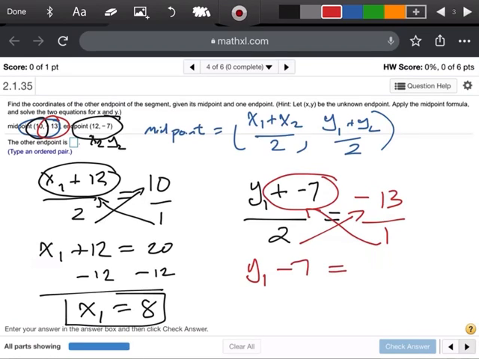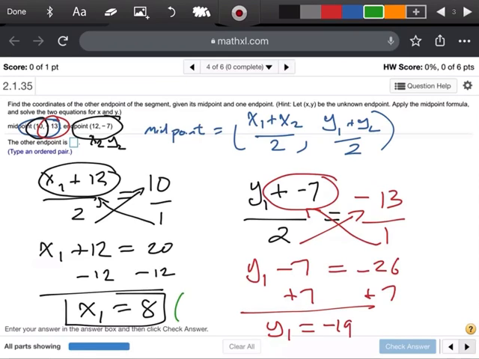That's really the same thing as minus 7, isn't it? And 2 times negative 13 is a minus 26. So now when I add 7 to both sides, I end up with y1 equals, let's see, negative 26 plus 7, which should be something like a negative 19. So that just tells me that my other endpoint is going to be 8, comma